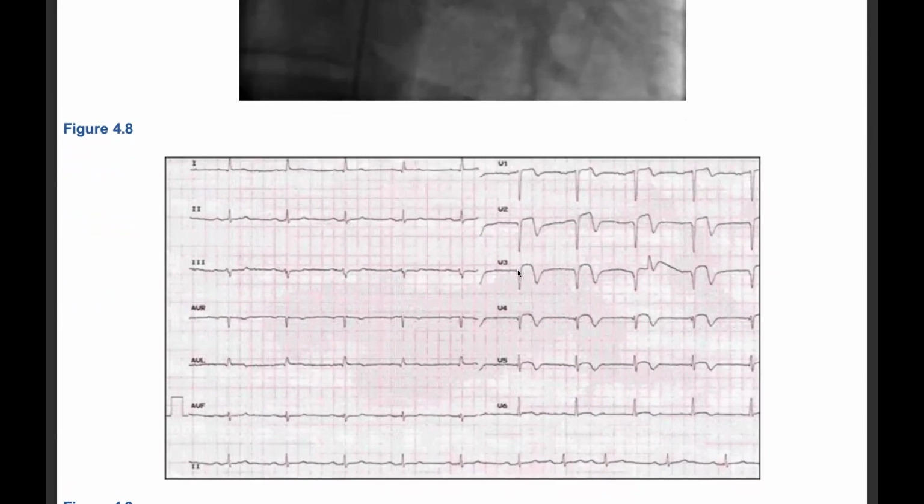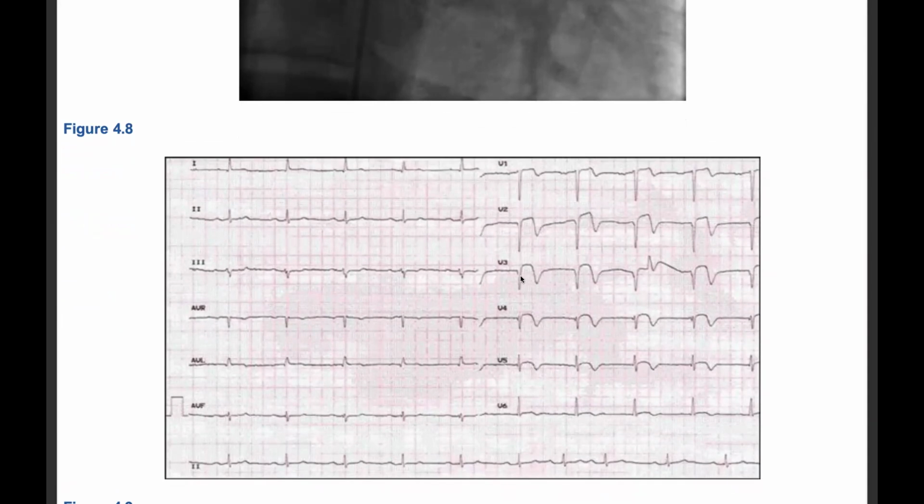Yeah, because of the fact that the Q waves are there, meaning that at least it's not very fresh, and also the T waves, there are T wave inversions. So in the early stages, it's just the ST segment elevation. The T waves will still be upright in the early stages, and then later,